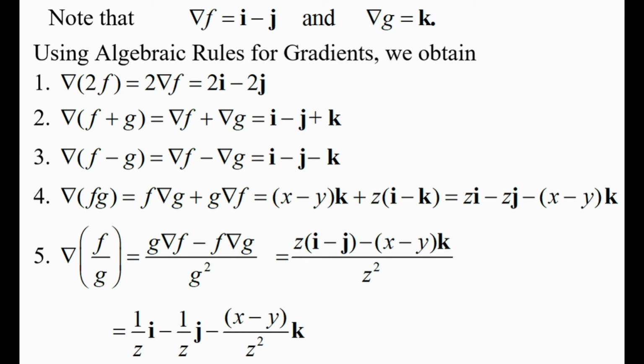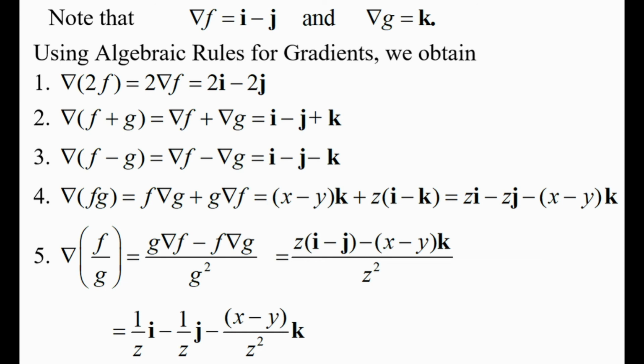gradient of 2f is equal to 2 times gradient of f, that is 2 times i minus j, which is 2i minus 2j. Also, gradient of f plus g is equal to gradient of f plus gradient of g, which is equal to i minus j plus k. Gradient of f minus g is equal to gradient of f minus gradient of g, which is i minus j minus k. Gradient of fg is equal to f times gradient of g plus g times gradient of f, which is equal to (x minus y)k plus z(i minus j),